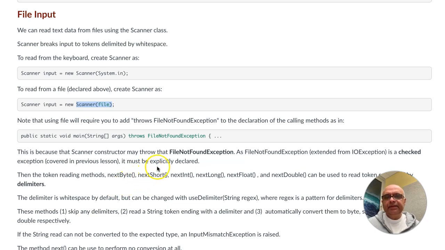It must be explicitly declared, and that's why you're required to. You might be wondering why it is forcing me to declare a FileNotFoundException. And that is the reason. Okay, so